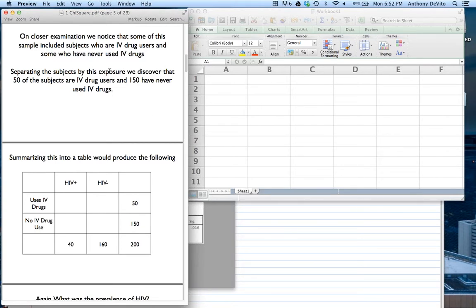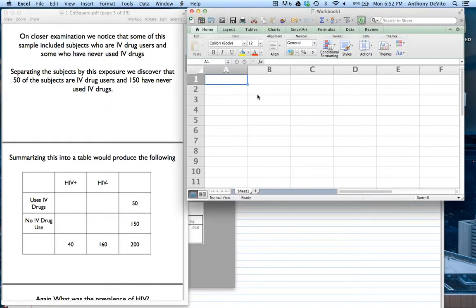So now I'm going to organize this information into a table, and that table is going to be a crosstab. It's going to be very similar to what we did with our diagnostic testing, except this time, instead of having our test being positive or negative in our rows, I'm going to have the exposure that we're interested in. Usually when you're doing this, you're interested in seeing whether or not some exposure has some influence on some outcome,